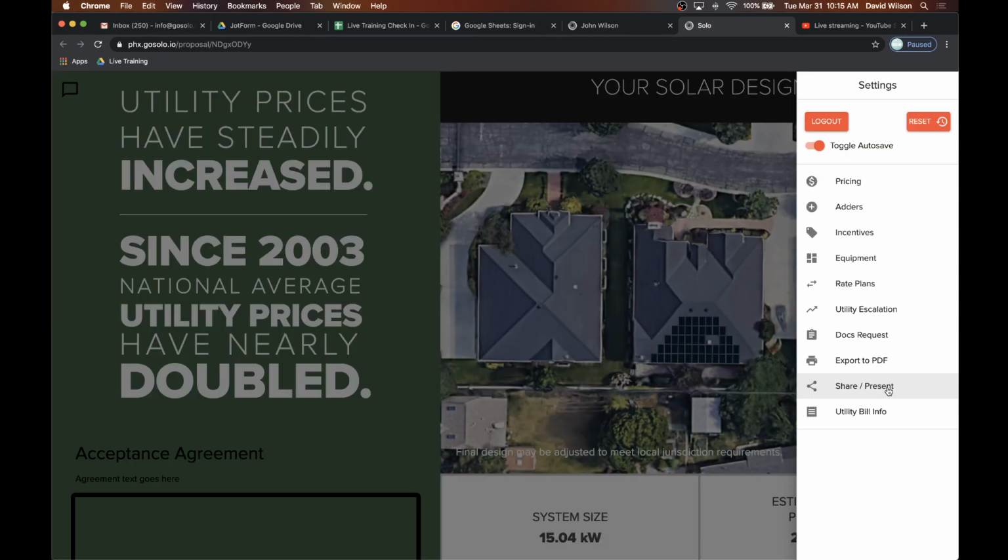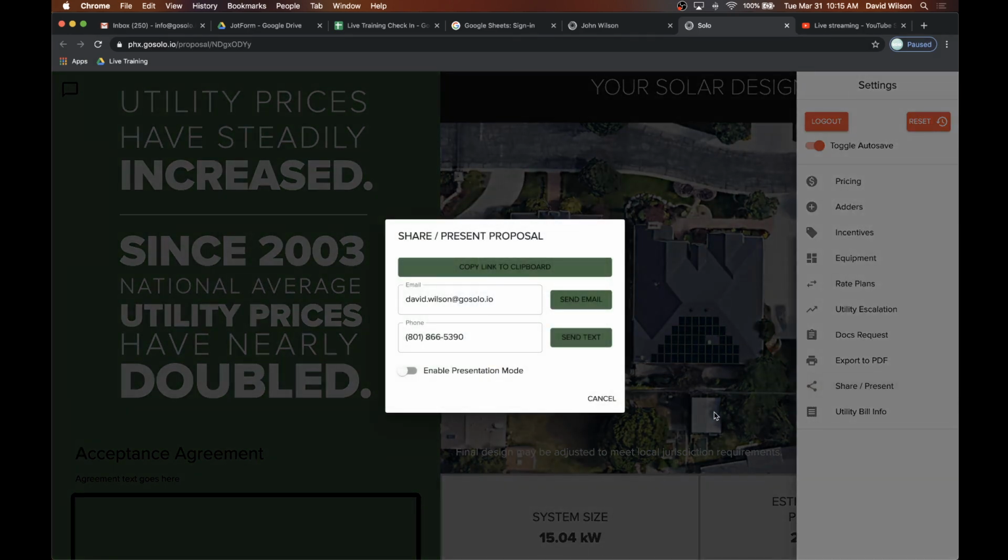So the present button, if we click on this, typically, as you know, or if you're new to Solo, what this does is it just shares the link. This will let you copy this link to a clipboard and put that link anywhere you want. Or you can click send email or send text, and it will send your customer an email or a text immediately with this proposal link. The biggest thing about this link, though, is that it will be a locked link that they're not